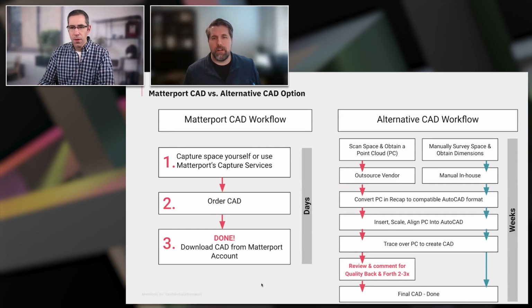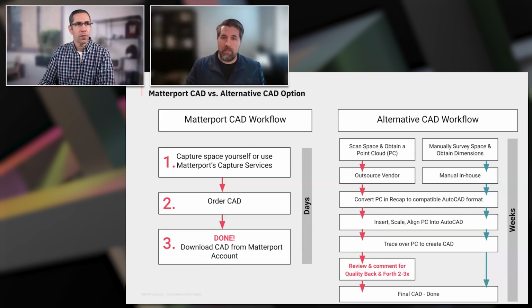So just pulling up here, just wanted to give some insight maybe for those who haven't gone through this process, or maybe you work with the team that does all your AutoCAD drawings, but you don't do that yourself, right? This is a workflow of our process at Matterport versus what you would do if you were just starting from scratch without Matterport. And so we walk through ours: it's easy as capturing your space, go into your account and order it, wait a few days, and then you get that CAD drawing, you can download it and start working with it, right? Alternative workflow is either